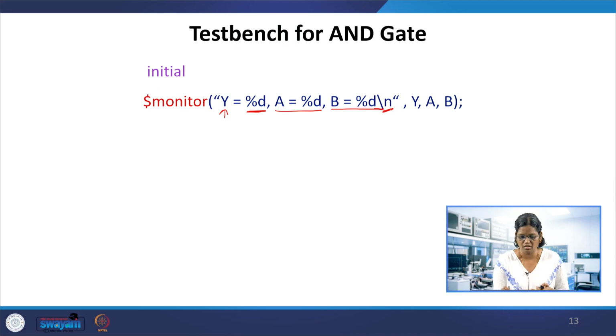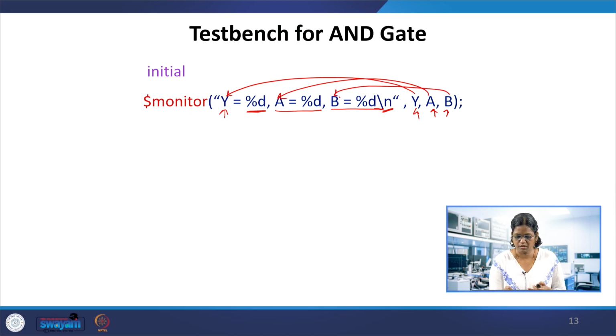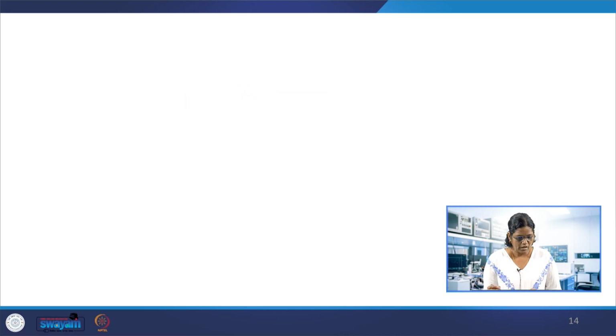This is the string, and now after the comma we have Y, A, B. Y will be assigned to its value, A to its value, and B to its value.